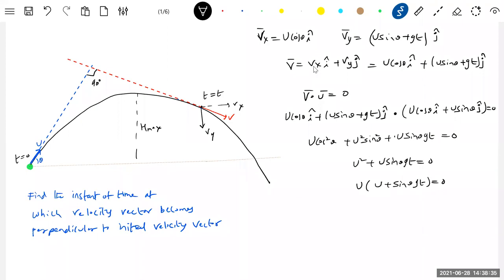But time should not be negative, no? So tell me where the conditions we have taken in a different way. We should take minus gt, sir. Look at this part. Vy should be positive only because it can be here or here. But look at this sign. How is g acting? Opposite to